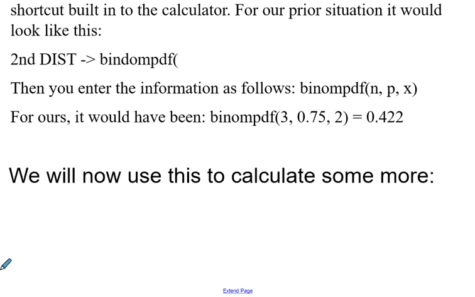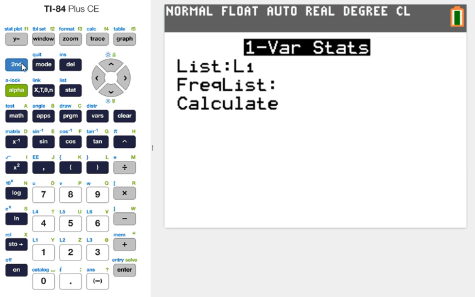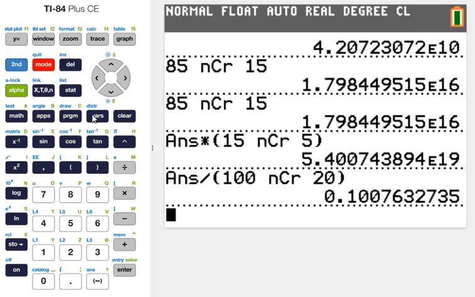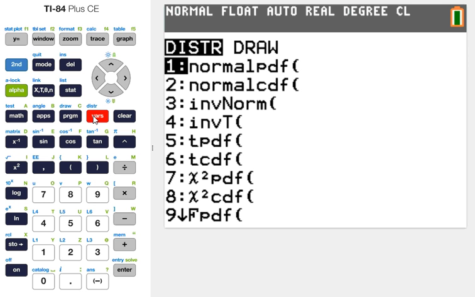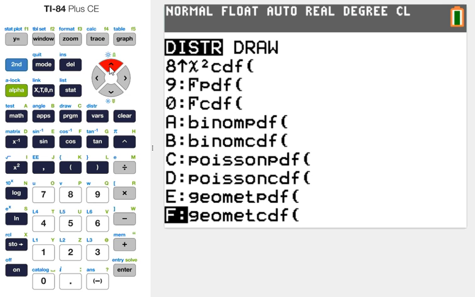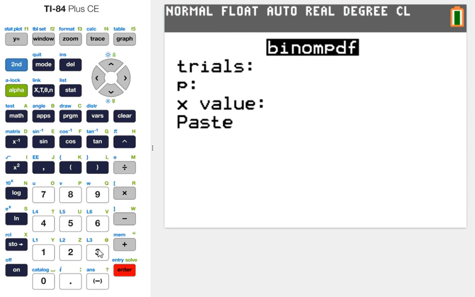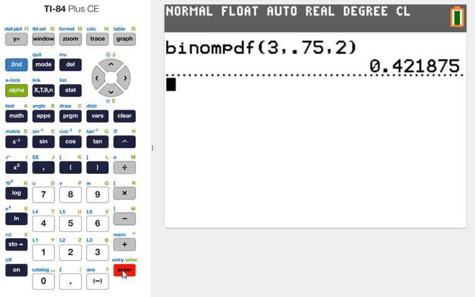So if I grab the calculator, I can check it out. So distribution, you have to hit second, and then it's right under the vars button. So hit second, distribution. I believe you can scroll down, or you can go from the top and kind of wrap around. It is binom PDF, and be aware there's something called binom CDF that we'll use also here in a little bit, but choose the A option, binom PDF. So binom PDF, the first thing it asks me for is number of trials, 3 trials. Probability of success on any trial is 0.75. How many successes would I like? I would like 2 successes, and then I hit paste and ask it to run it, and there it is,